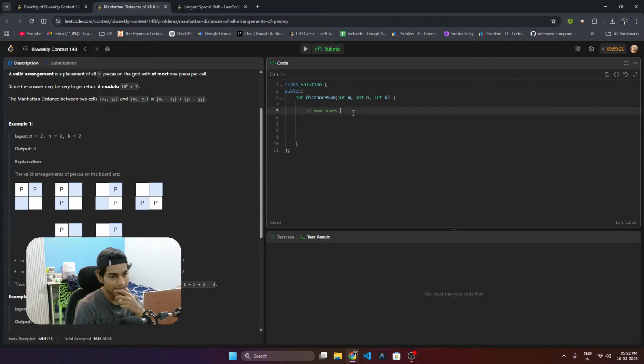How many do we have to pick? We have to pick k boxes. This is the number of ways to arrange. In this scenario, it's going to be 4C2. 4C2 is how much? 4 into 3 on 2, which is 6. Okay. But I need the sum of the Manhattan distances